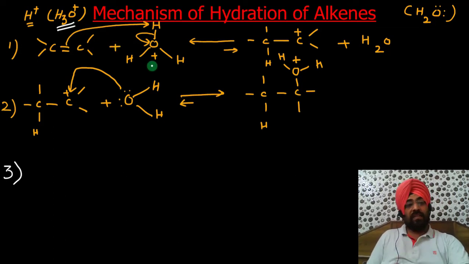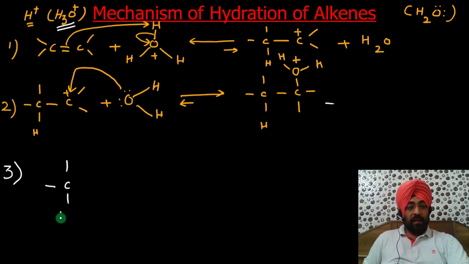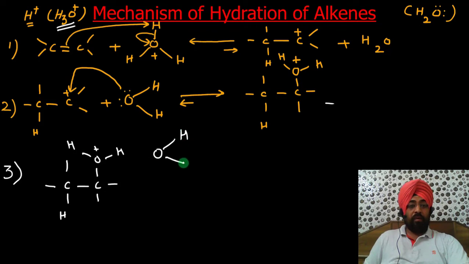The condition for a catalyst is that it remains unutilized or unconsumed. So next step is the generation of electrophile. What will happen? This product that is formed, I will write here. So H C O H H positive. So what will do? Water will abstract a proton from this water. So it will abstract a proton and this electron will go here.